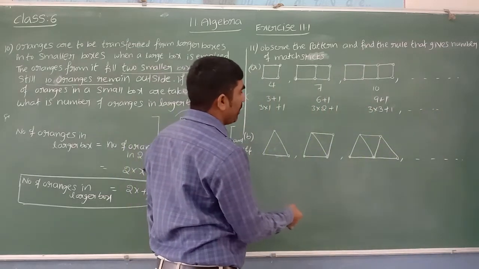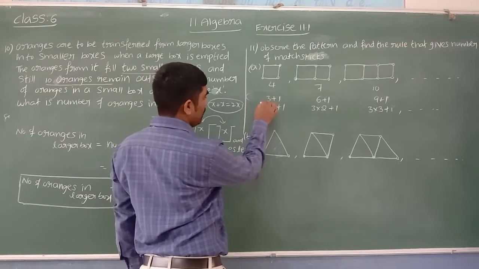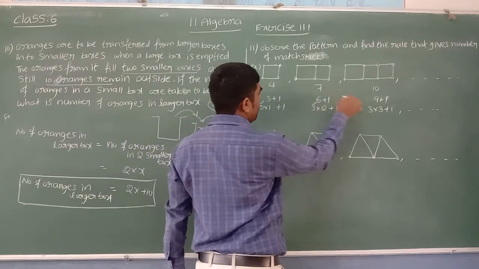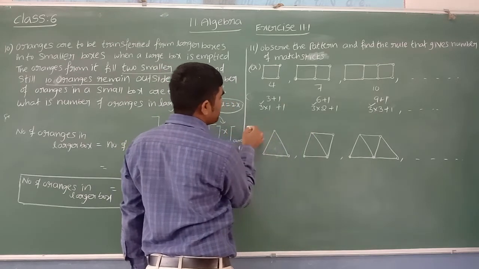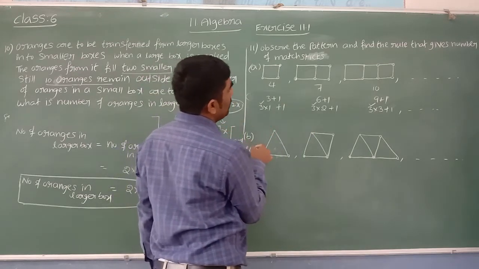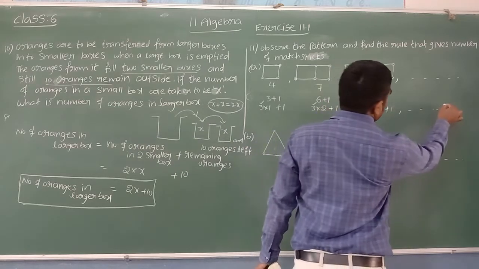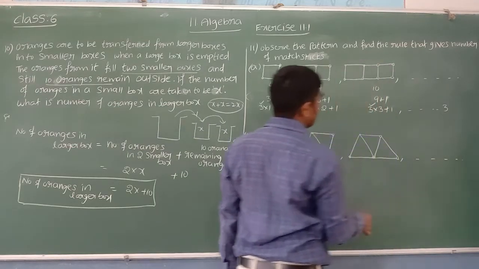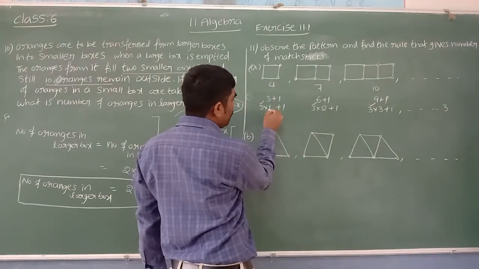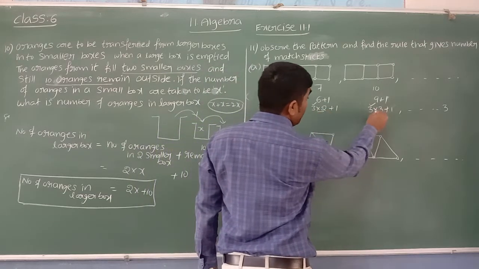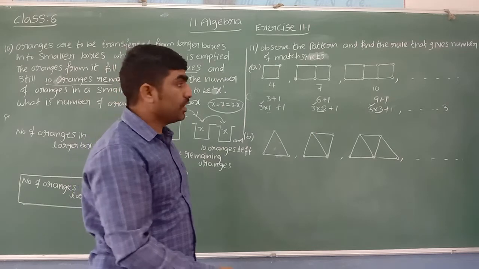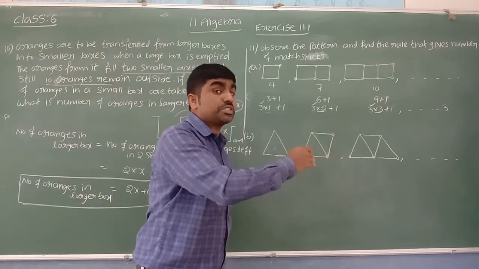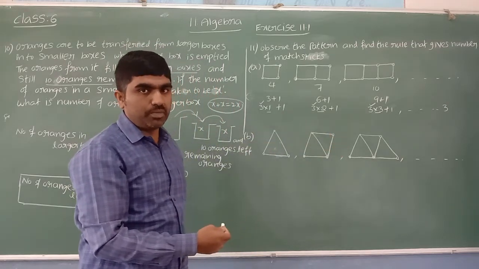Now from this we need to write a rule. We can see the first number is same: 3, 3, 3. If it is a fixed number, you can write it as it is. So here you can write the pattern: if the first number is 3, you can write as it is. And you can see the second number, into 1, into 2, into 3, into 4, has different values. If it has various values, it is called a variable.